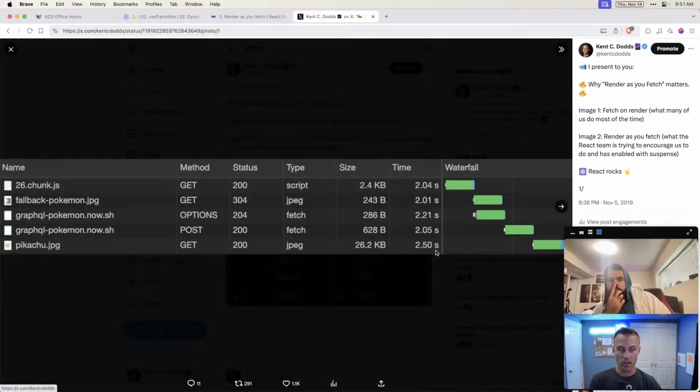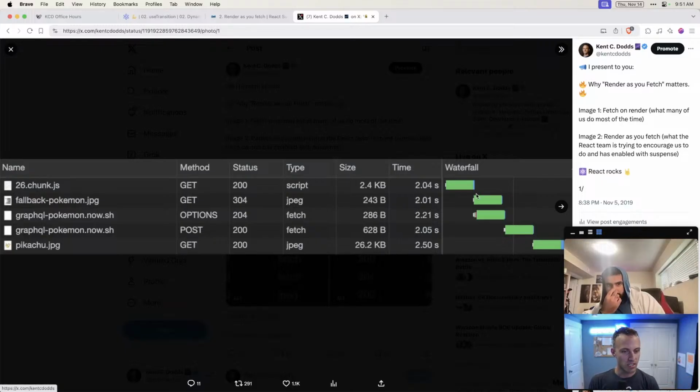So here's the problem. I'll explain what render as you fetch means, but this is why it matters. Your application loads. Here I'm loading an image, that doesn't matter. Here's an options request, also doesn't matter. So pretend those aren't there, scooch these over. You'll see now we're making a data request, and when that's done, we're making an image request. There could also be additional code. So once the data loads, now you're like, oh, okay, I'm going to render this component now, and it's lazily loaded, so we're going to have to go and fetch that, and on and on and on.